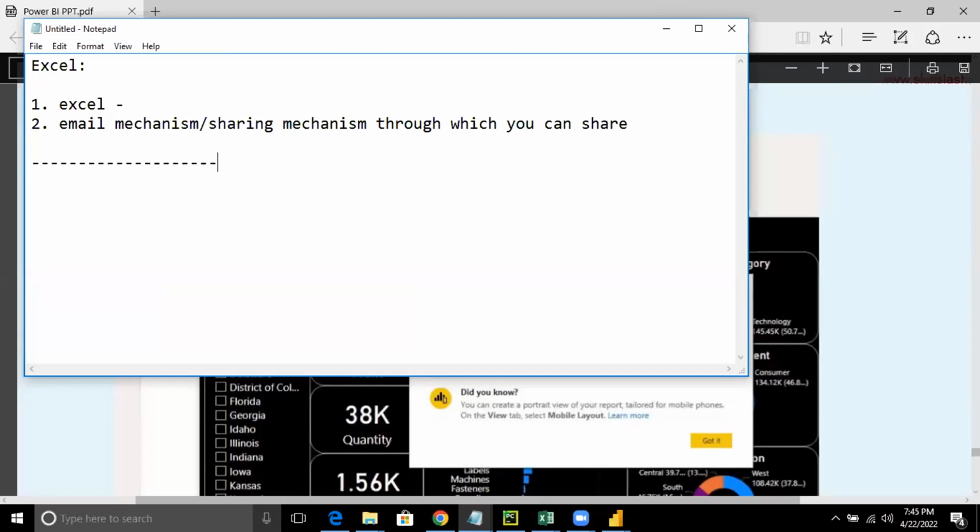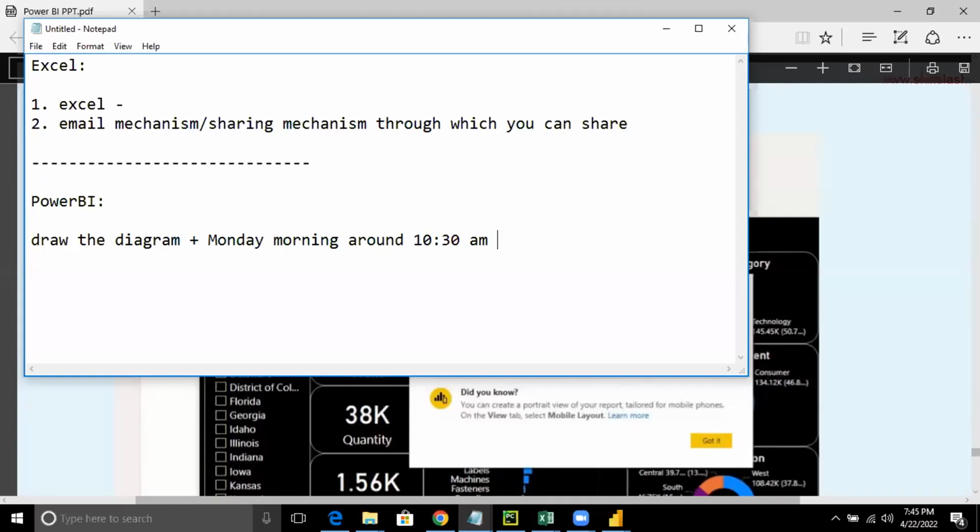Now think about it. In Power BI, you do not need anything else. Why? Power BI helps you to draw the diagram. Along with that, let's say every Monday morning around 10:30 a.m., you want the updated graph to be sent as a report to all the stakeholders of the company.